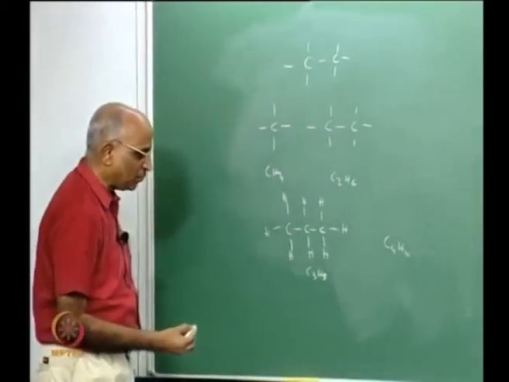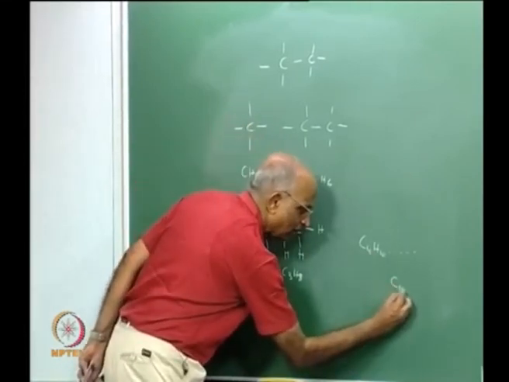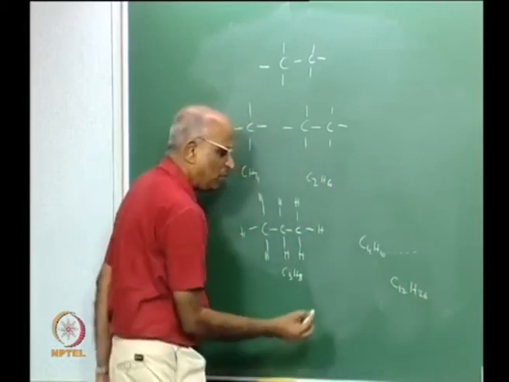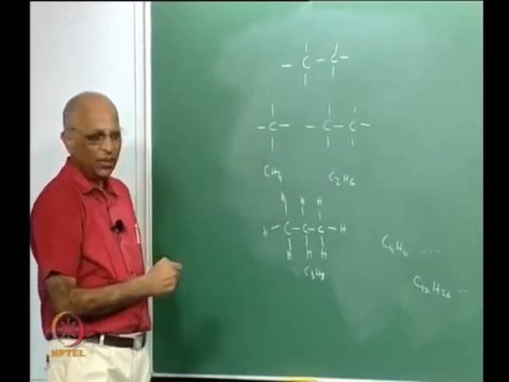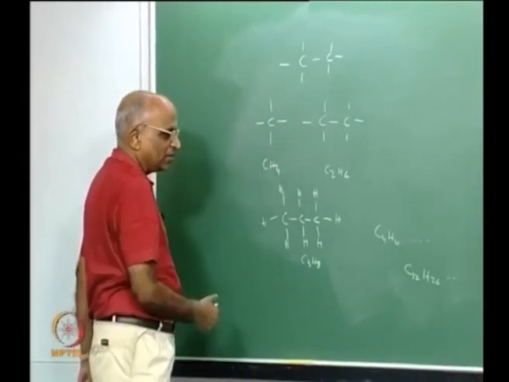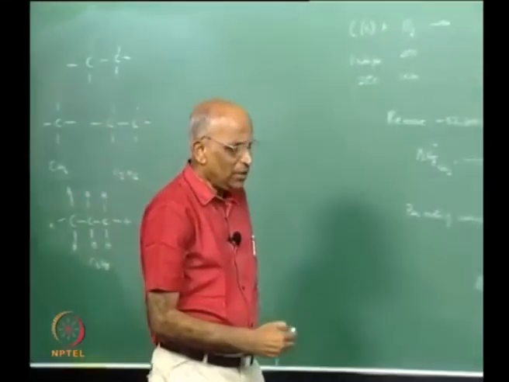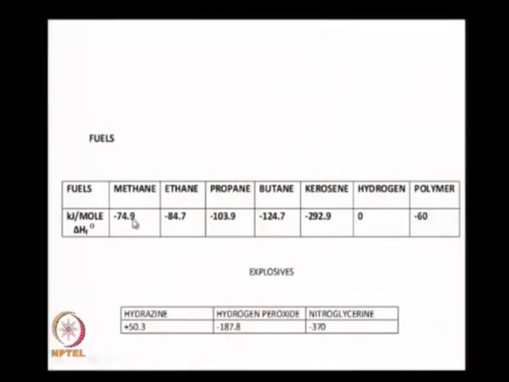Maybe by the time it comes to kerosene, it is a little longer in chain. Kerosene is dodecane, that is C12H26, and if you have lubricating oil, it is still higher, and so the saturated hydrocarbons go. Now, if I do an experiment to determine the heat of formation of these things, I find that the value of the heat of formation of, let us say, methane is something like minus 74.9 kilojoule per mole, ethane is minus 84.7, propane, which is C3H8, is minus 103.9, butane minus 124, and it keeps on increasing to kerosene, which